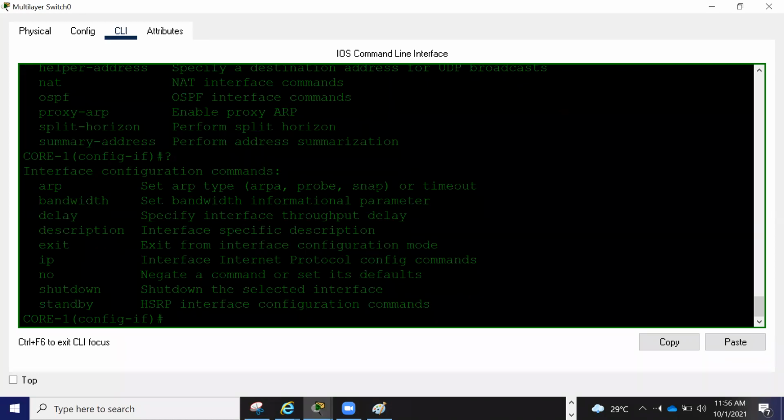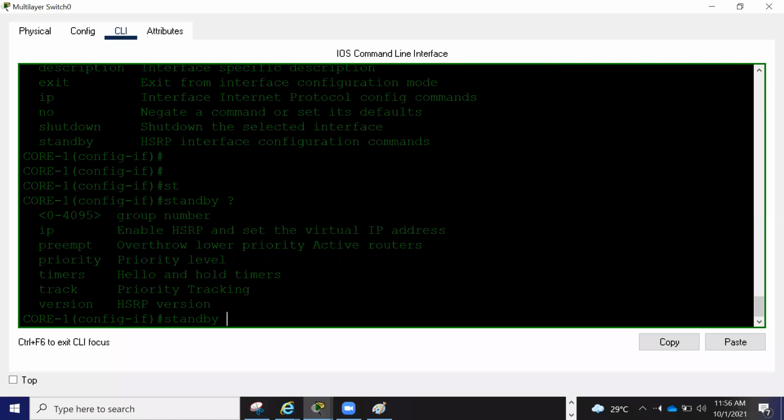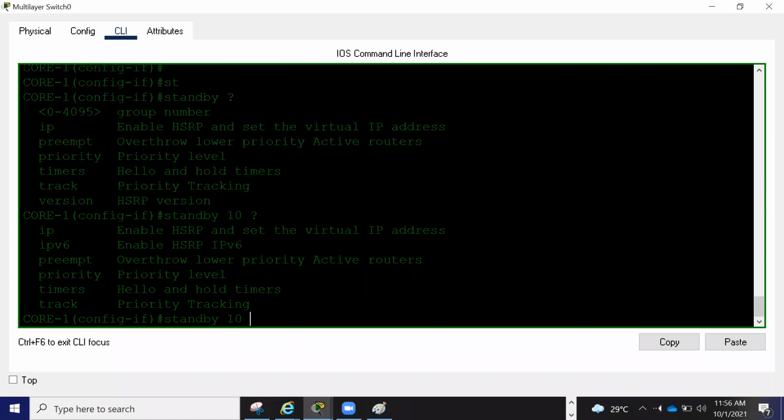I will say standby question mark. First you need to give a group number, so I will say standby 10. Standby 10, enable HSRP, set the virtual IP address. Standby 10, what is your virtual IP actually? So I will say standby 10 IP is 192.168.10.1. This will be your standby IP.